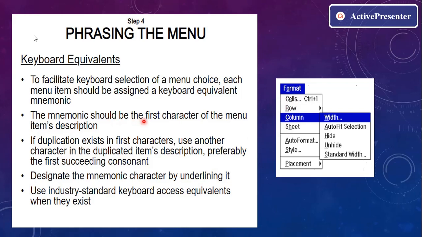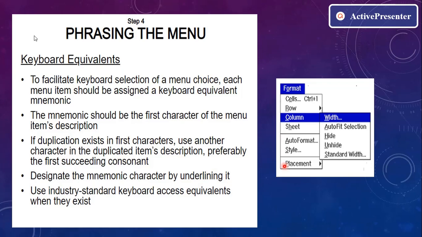Remember that if the first letter can be chosen, you choose that, or else go for the succeeding letter. Then designate the mnemonic letter by underlining it. Always remember that every mnemonic you have selected should be underlined. Some other methods can also be used to display the mnemonic. You can show it with a different color, or with a different intensity, or a contrasting color bar to highlight the particular mnemonic.